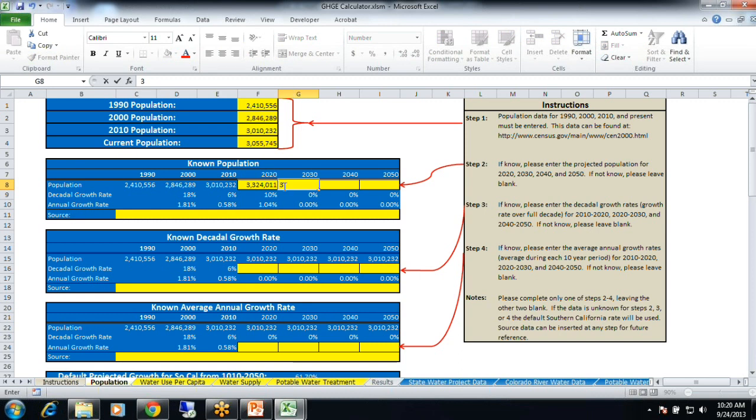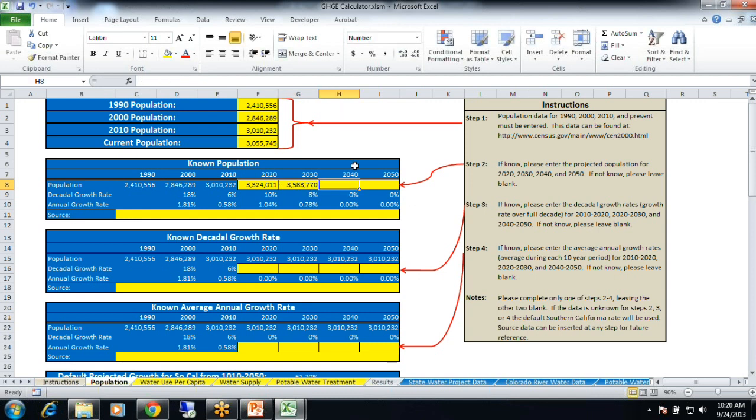Oh, and well, let me tell you guys this. So if you know your projected population data, say only out to 2030, which I know a lot of the Santa Ana Watershed population projections only go out to 2030 because that was a really big benchmarker in your OWOW plan. So if you only know it out to 2030, put it in to there. So that's the next one is 3,183,770.